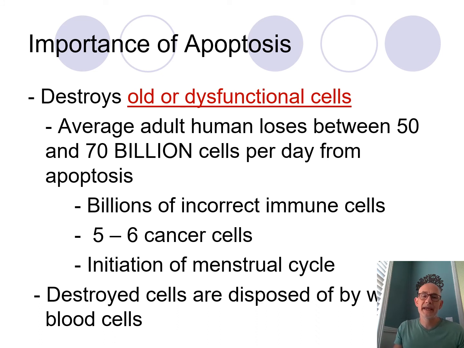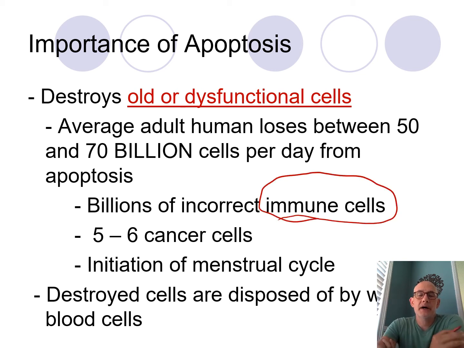So one of the main things about apoptosis is that in our bodies, we're going to lose about 50 to 70 billion cells a day by this process of apoptosis. These are old and worn out cells that need to be destroyed. And a lot of these are actually immune cells. So as our body is making new white blood cells, they go through a process called